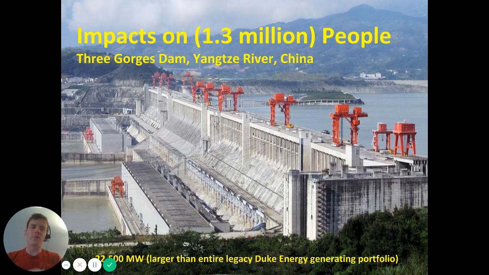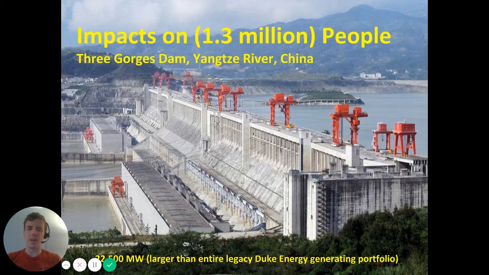And then, of course, one of the other issues with building large reservoirs is the human displacement issue. Not only do dams impact the environment, they also impact people. So this has been most notably true, I think, with the construction of extremely large hydroelectric dams in China, including the Three Gorges Dam, which has displaced 1.3 million people. So all the people that lived upstream of the dam along the Yangtze River had to move. And I think forcibly moved.